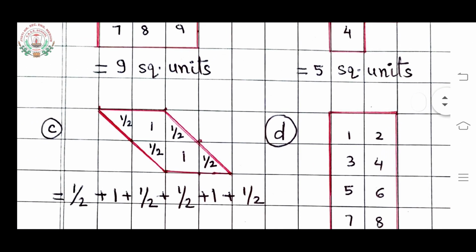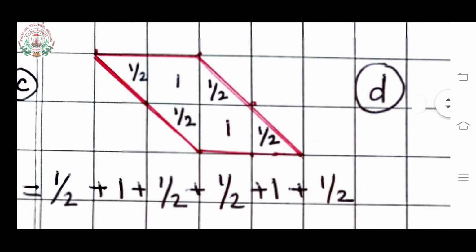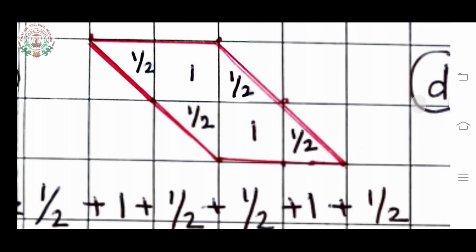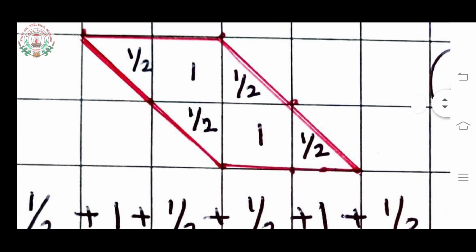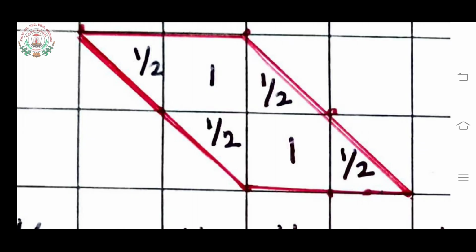Now coming to the third one, it is a little complicated, not that much complicated also. Just first listen, then it will become easy for you. First see this figure in your textbook, and then you can see the solution, how we have solved it. First see from where this figure is starting. You can see the block, उस ब्लॉक का हाफ पार्ट कवर किया गया है. ठीक है, हाफ पार्ट कवर किया है. So I have written there half. Then second, it covers one block. So I have written there 1.